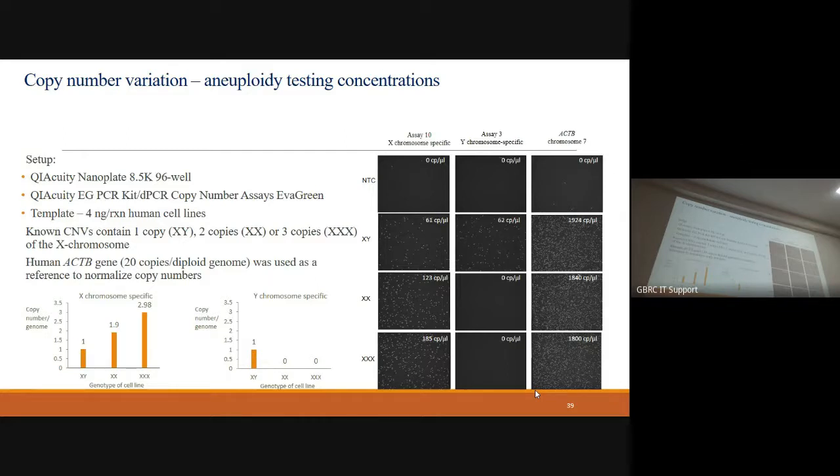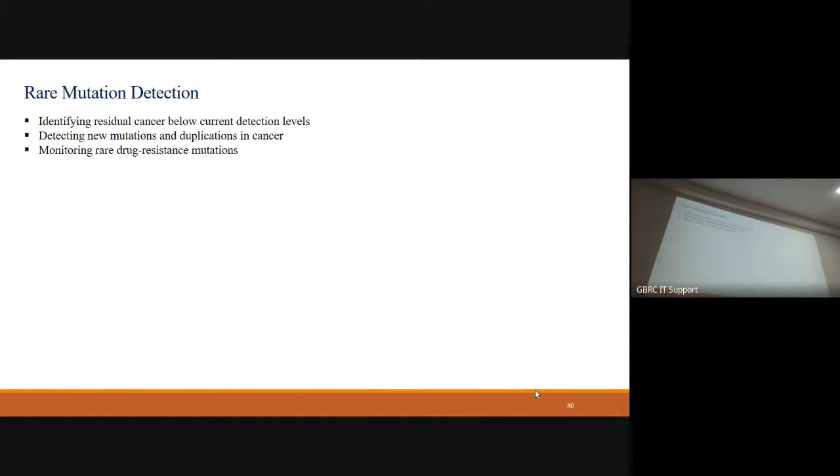The same goes for the Y chromosome here. So here there is only one copy of Y chromosome. Here there are no copies, so there should not be any amplification. Here also there is no copy of Y chromosome. So likewise, you can design your experiment according to the different applications. You can also do rare mutation detection. For developing the methods, you can go through their manuals, and they have also developed assays specific for this instrument for different applications.